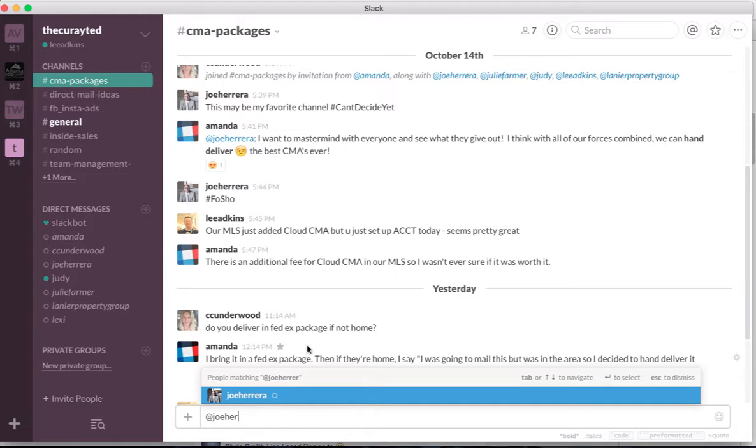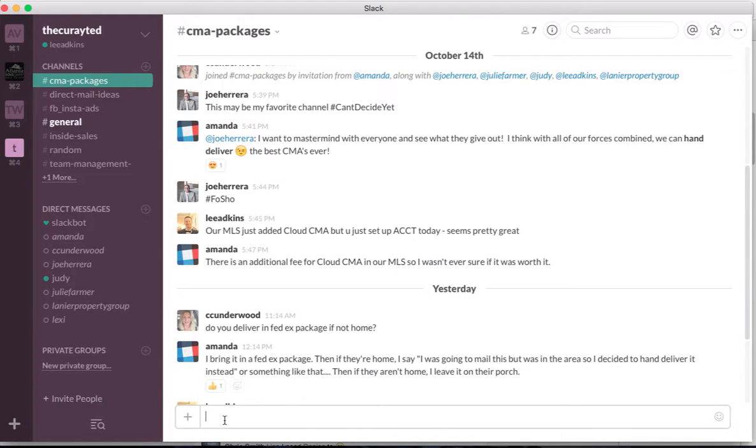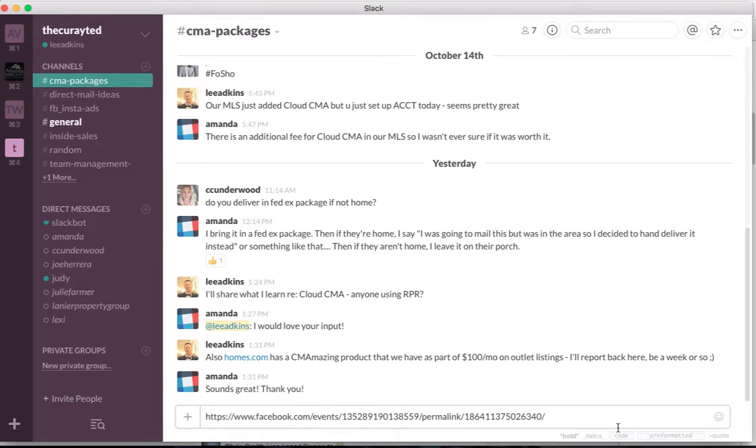It's definitely super cool. Actually, one more thing that you can do is you can post links here. And so those will show up, and I'm not going to post this one, but similar to Facebook, when you post this link, it's usually going to show a preview. And in that preview, there's a little X out to the right-hand side. So if you don't want that preview, or if it's really big, you can just click on the X, and the preview will go away, but the link itself will stay there. So let's hop over to